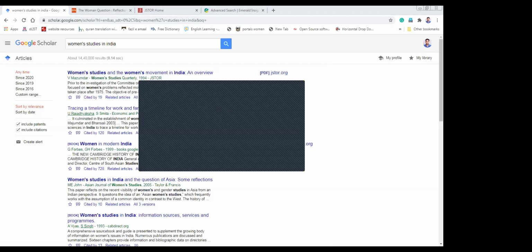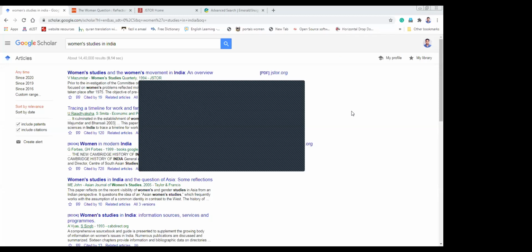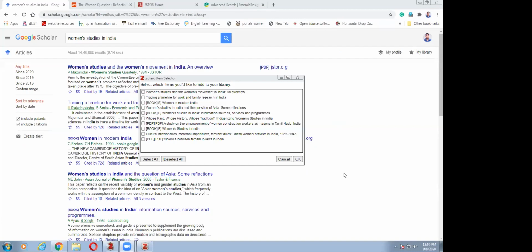When I click on the Zotero connector, all these retrieved references will appear in the Zotero connector.